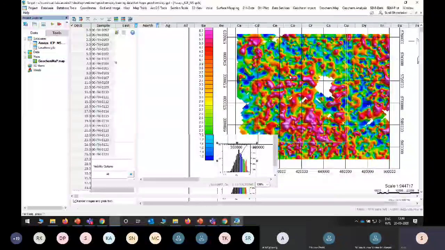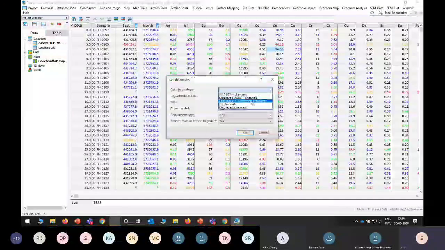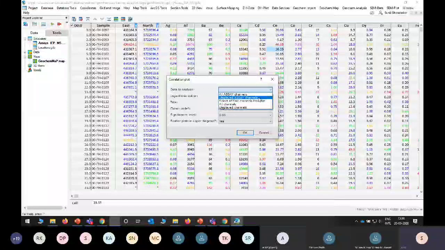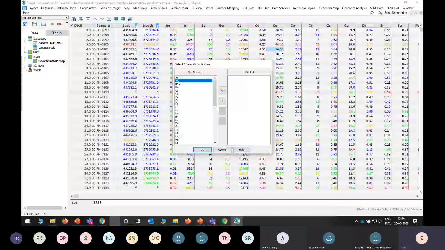You can do the analysis. Similarly, you can do the correlation. Correlation is helpful with respect to which element is strongly correlated with other elements. Here I will show you an example. Just for example, we'll check the correlation between aluminum, cobalt, chromium, copper, Fe, Mg, Mn, molybdenum, Pb.